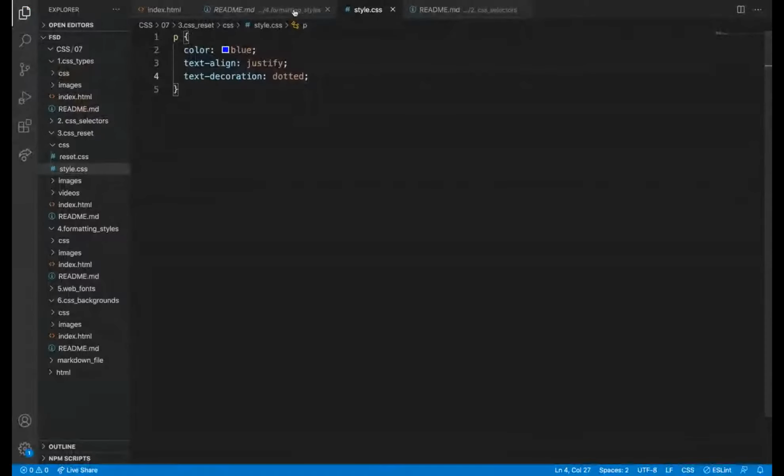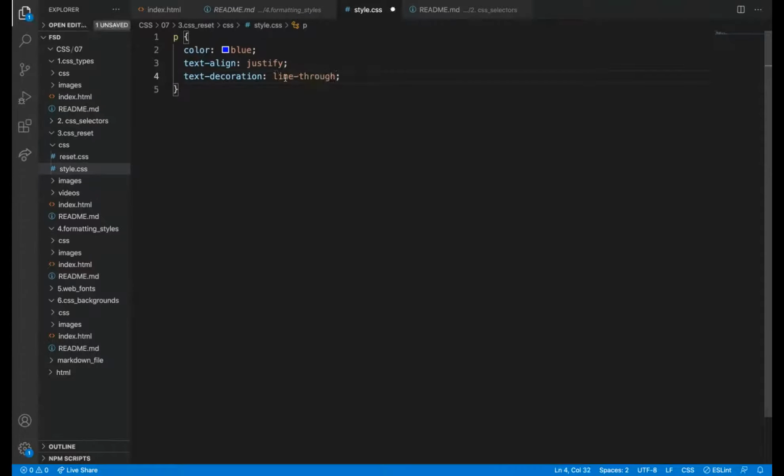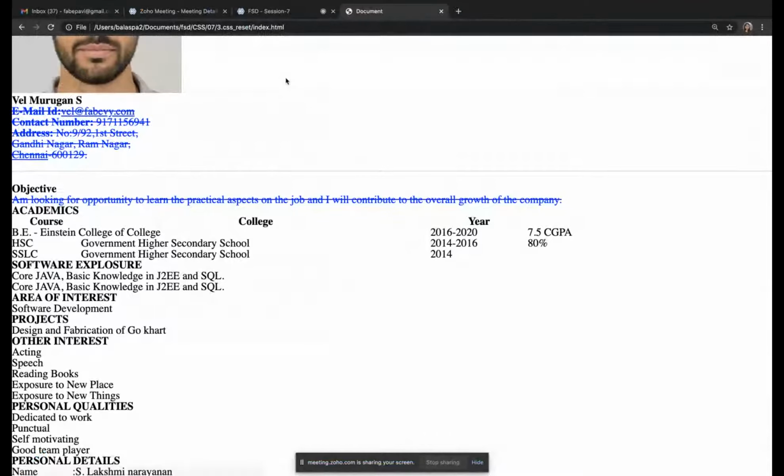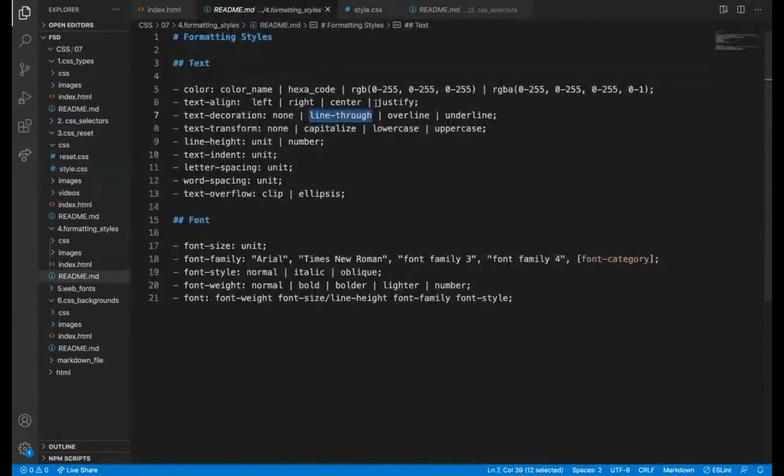The values are line-through, underline, overline. These are the different combinations. The editor is showing some different things also, like strikeout. Mostly we won't use these. Underline we will use. Overline and the others I haven't tried. Maybe with overline it may come on the top.